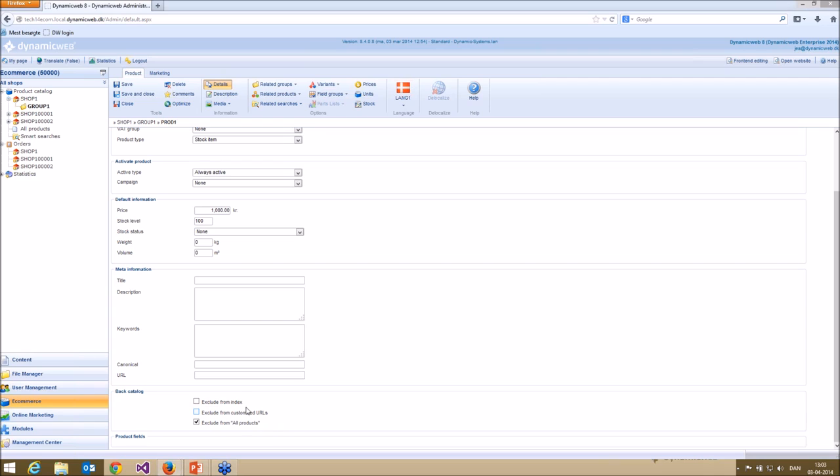If I say exclude from customized URLs, this basically tells our customized URL handler to disregard this product when you look for matches in product ID and product name and whatever you use for your customized URLs. So this basically means do not waste time on creating a customized URL for this product. And the last one, exclude from index, is pretty self-explanatory. Basically, if you check this, the product will not be indexed by